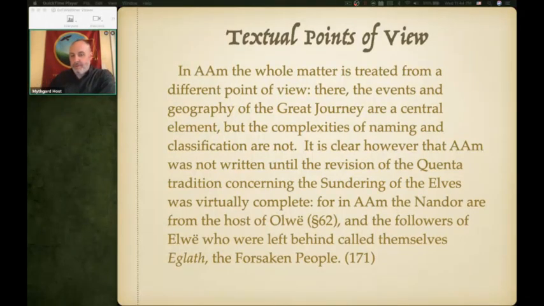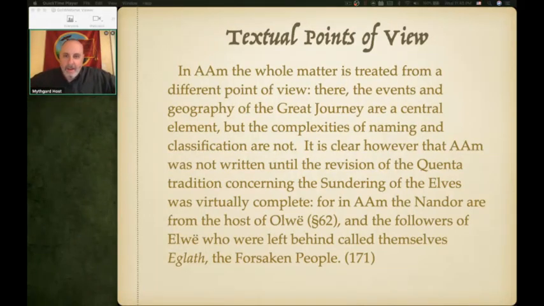Had he written the Annals passage first, and then written the Quenta stuff, I could imagine him saying, okay, I worked out the basic outline of their journey. Fine. Now let's do some classification. Let's roll up our sleeves and really get into defining terms and sorting things out. If that's the order in which it happened, it would seem to me like potentially a mere elaboration of what